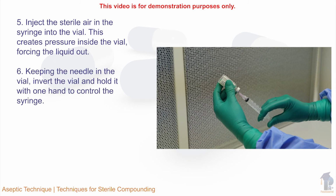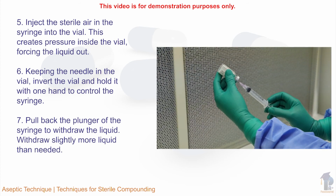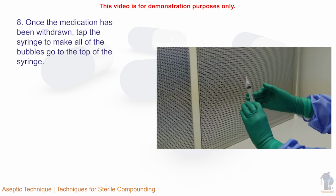Keeping the needle in the vial, invert the vial and hold it with one hand to control the syringe. Pull back the plunger of the syringe to withdraw the liquid. Withdraw slightly more liquid than needed. Once the medication has been withdrawn,